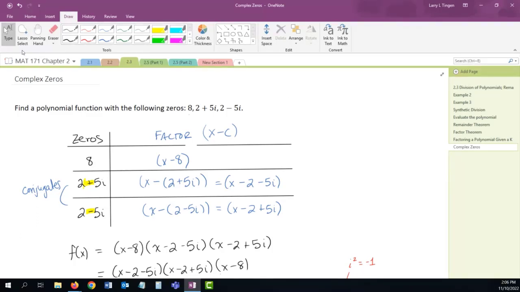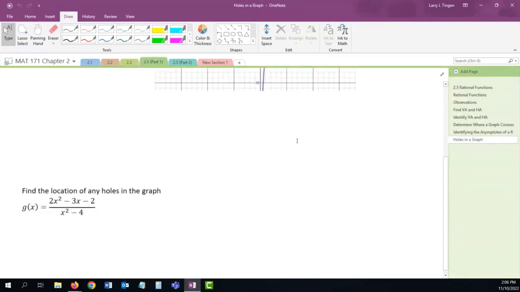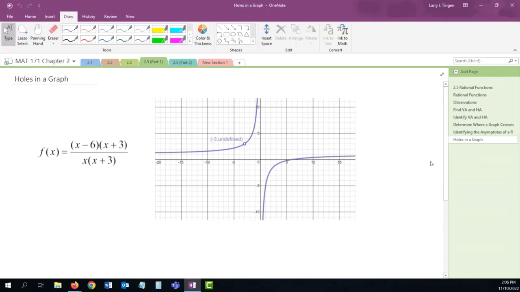It's just a lot of old math. All right. So,